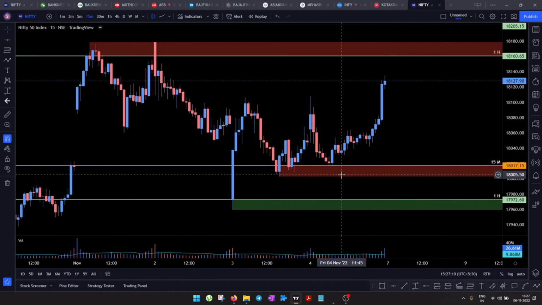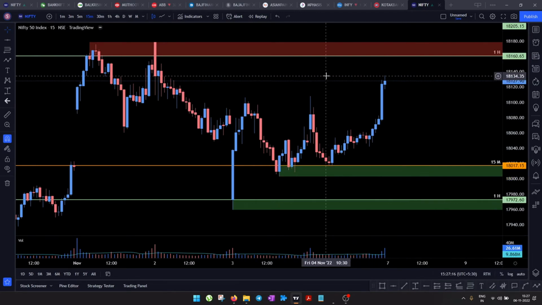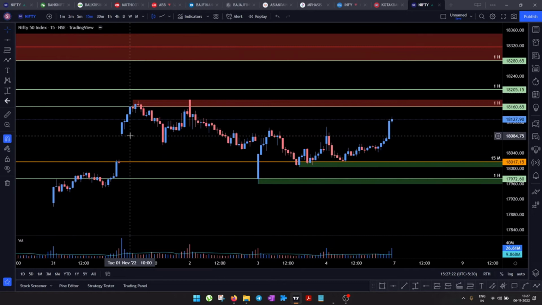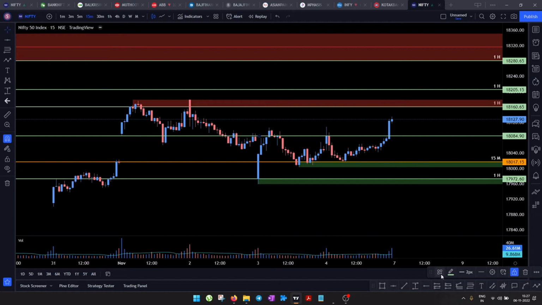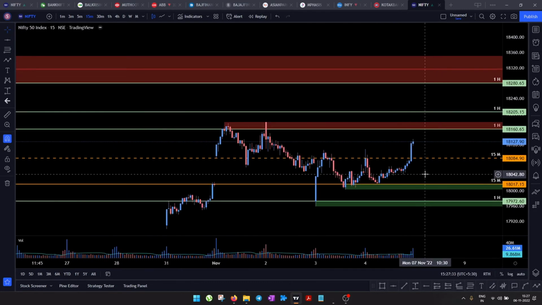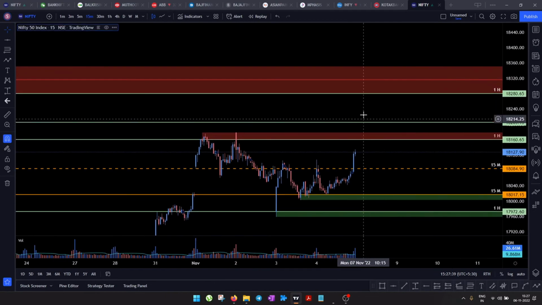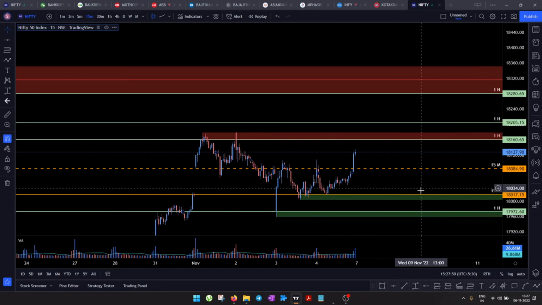And yeah, let us convert this to demand zone, right? So this is how it is. This is what I see as relevant. There is something here also that can be marked, right? So let us just mark a reaction level here on the 15 minutes, on the lowest time frame that we usually use, right? So this is a reaction level that I've marked here. And on the upside, this is how the levels are marked. There's a strong supply area that is there, and probably the market should take at least one resistance here and try to bring the market to 18200, right? That is what I think should happen.